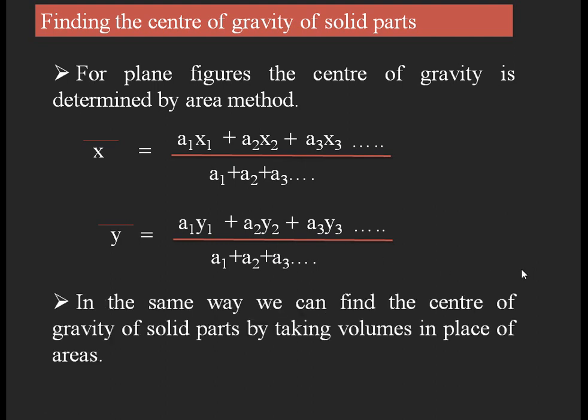Okay, and in the same way we can find the center of gravity of solid parts by taking the volumes in place of areas. With a simple modification of this formula we can find the center of gravity of solid bodies: in place of areas we need to consider the volumes of those solid bodies. By knowing the volumes we can find out the center of gravity of those solid parts. For plane figures we have considered the area, for solid parts we need to consider the volume. So in place of areas, when you take the volumes, automatically we can get the center of gravity position for